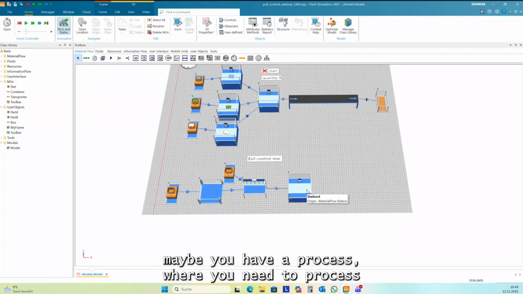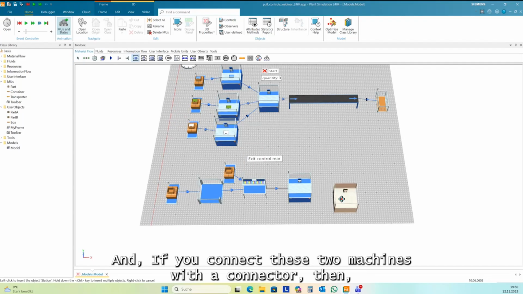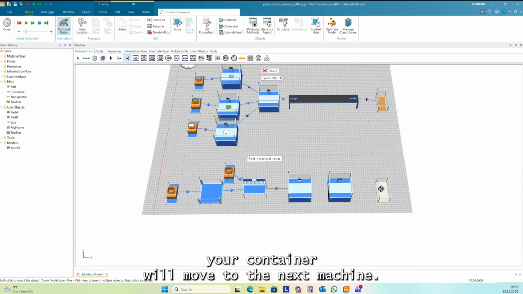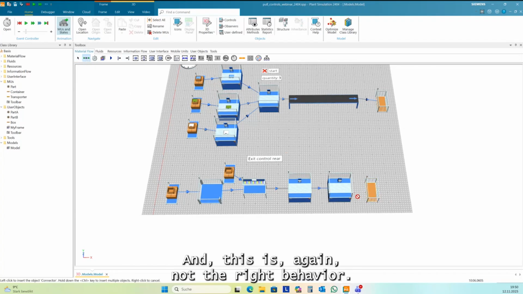And then maybe you have a process where you need to process out of the box on a machine. If you connect these 2 machines with a connector, then your container will move to the next machine. And this is, again, not the right behavior.